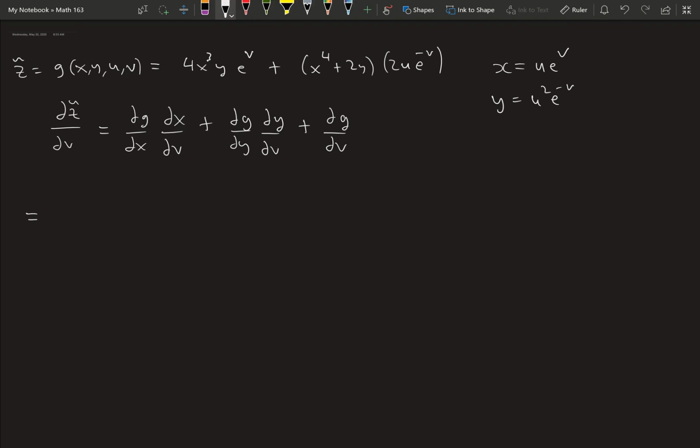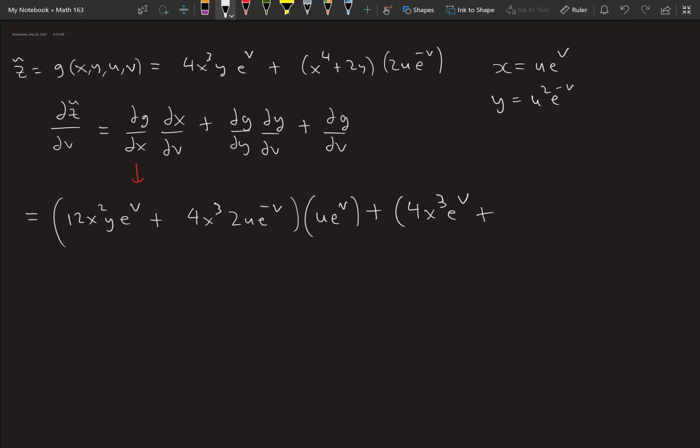And so we compute just term by term. So ∂g/∂x is 12x²y e^v plus 4x³ 2u e^(-v). That's the first term right here. I'll try to label each term. ∂x/∂v is u e^v itself, plus, and then there's ∂g/∂y, which is the following. We have 4x³ e^v